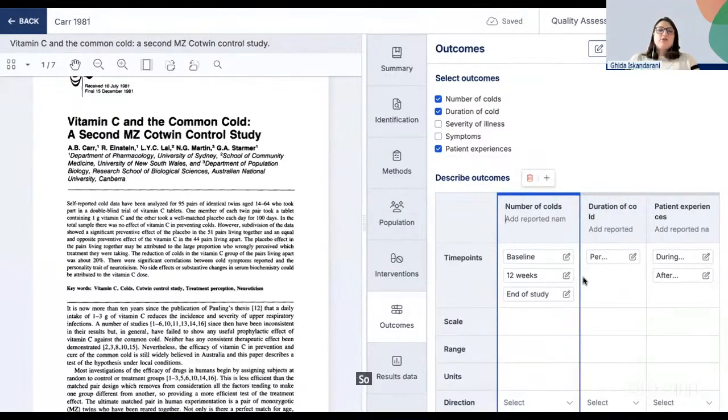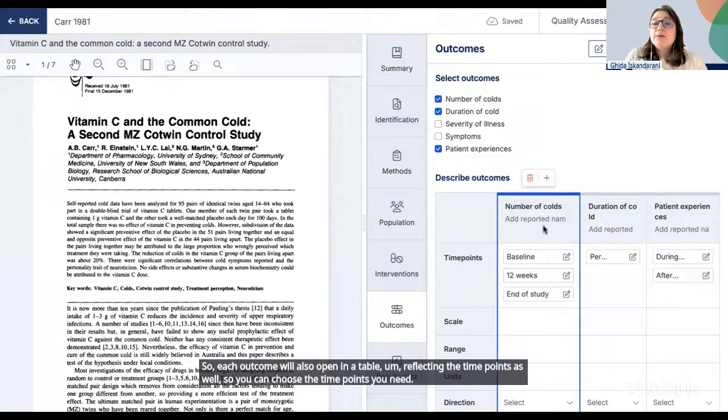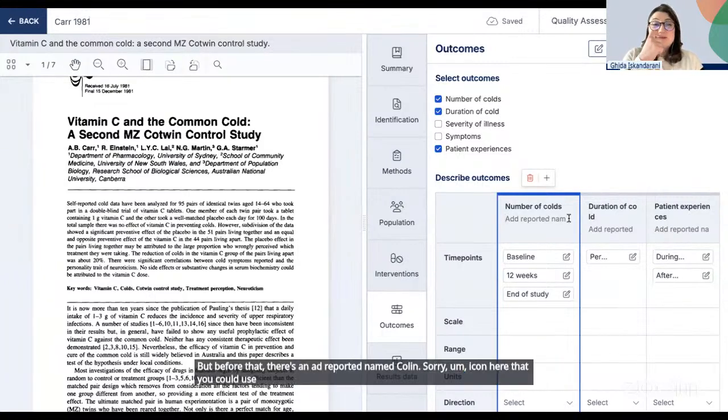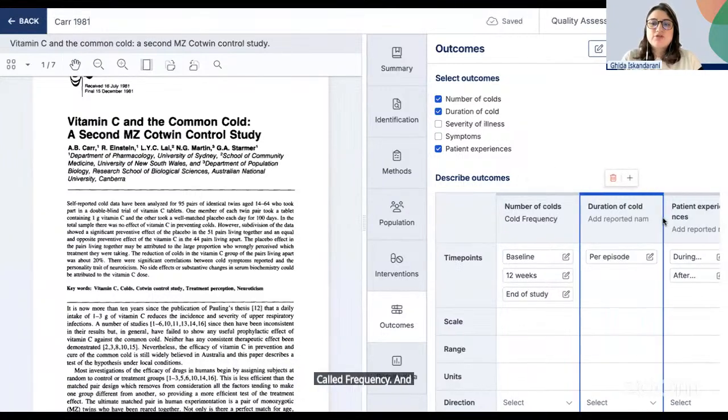So each outcome will also open in a table, reflecting the time points as well. So you can choose the time points you need. But before that, there's an add reported name column icon here that you could use in case, let's say, sometimes the outcome was provided with a different name. So you could use the exact name again for accurate reporting. So instead, let's say, number of colds, I could use cold frequency. And instead of duration of cold, I would use the length